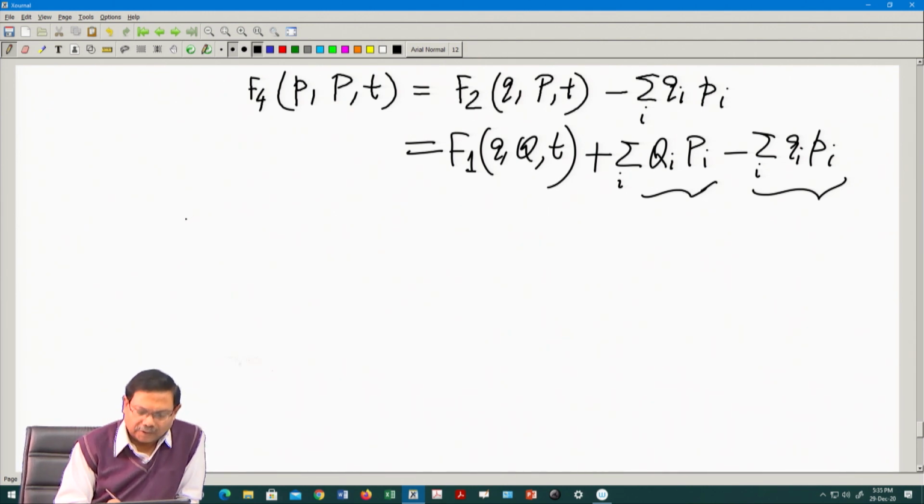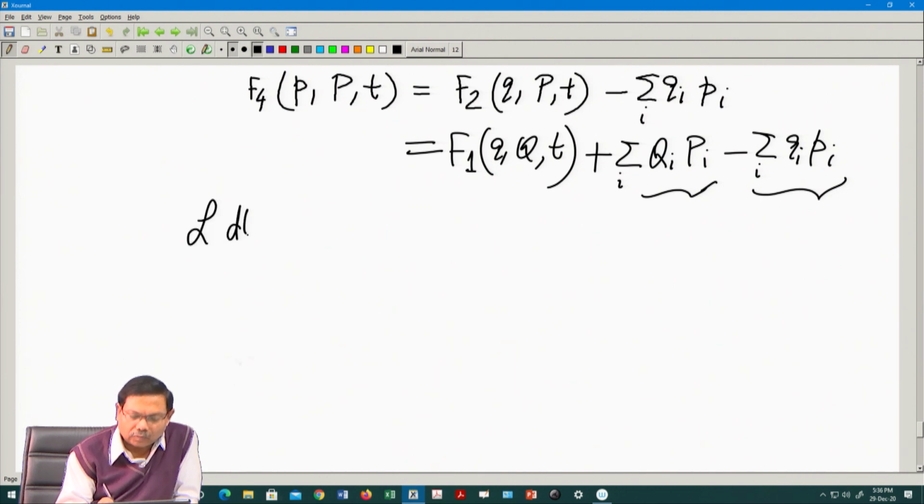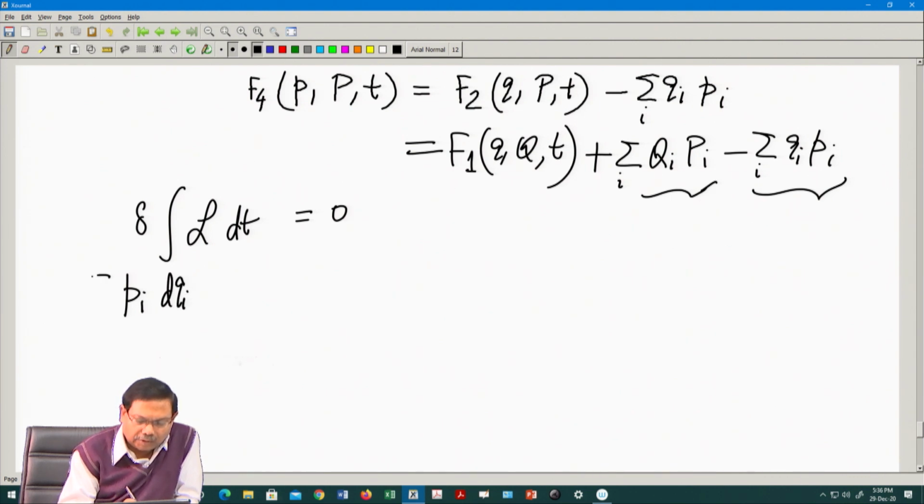Now we again begin with Hamilton's principle, and that gives me the variation of the integral of L dt equal to 0, where L can be written in terms of the Hamiltonian, and then for the old Hamiltonian and new Hamiltonian. So, this is what leads to